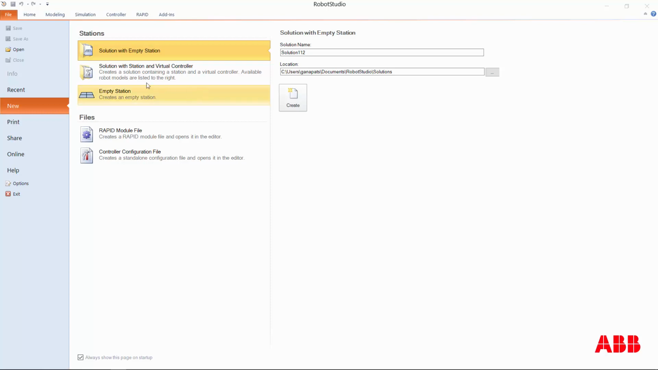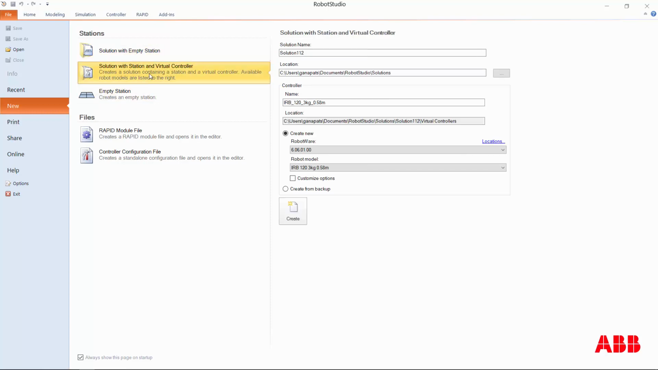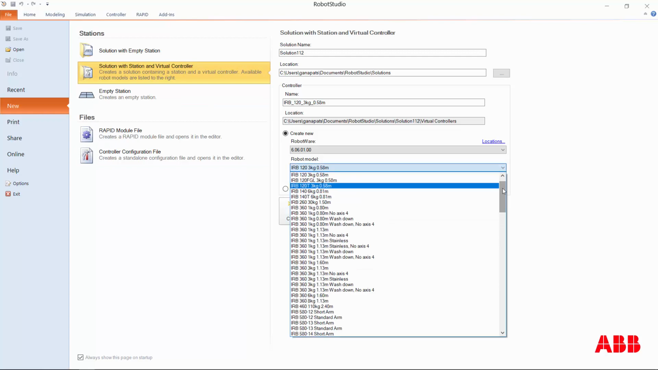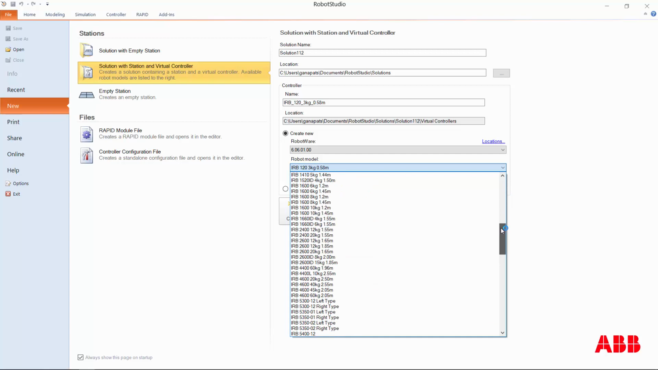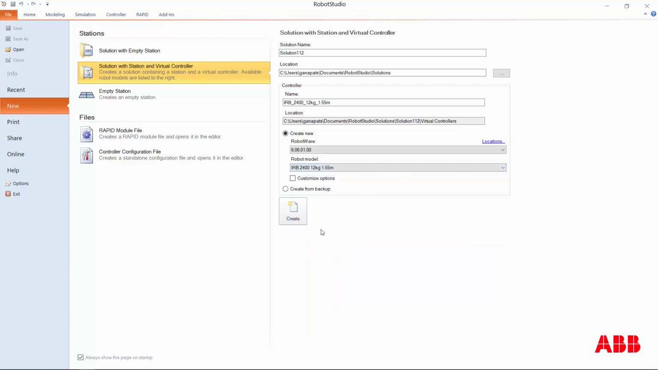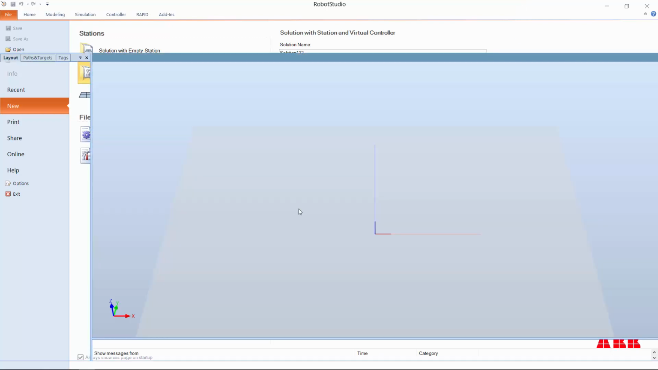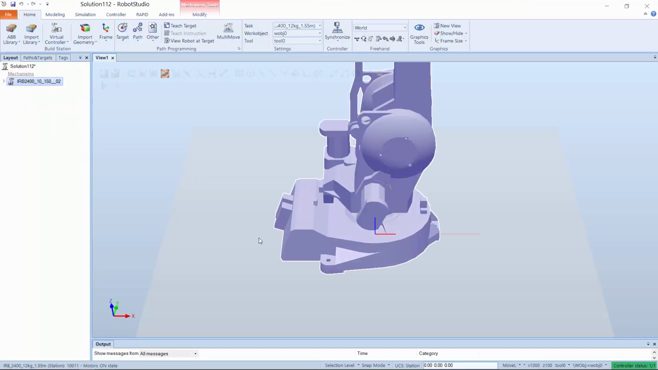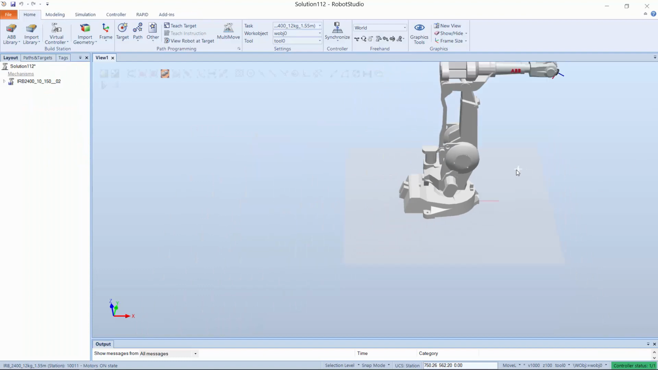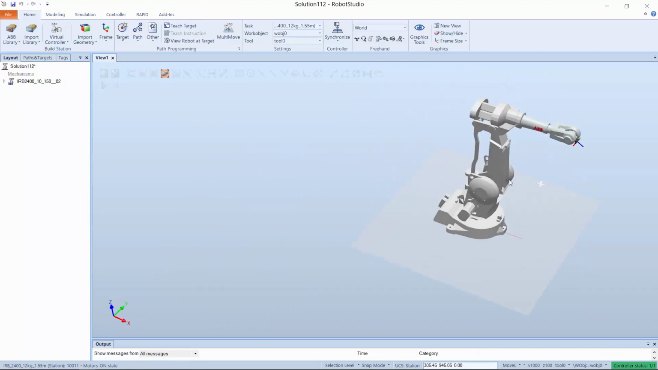So let's go ahead and create a solution with the station and virtual controller. And I'm going to use an IRB 2400 robot for this example. So let's go down to 2400, there we go, and select create. Okay, so now that we have our robot in our workspace, let's add a few other